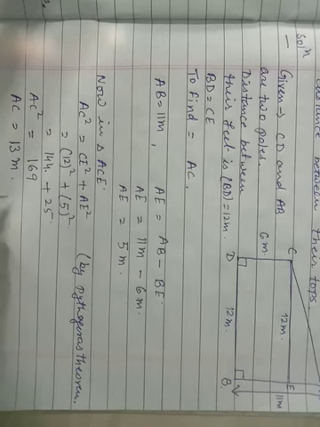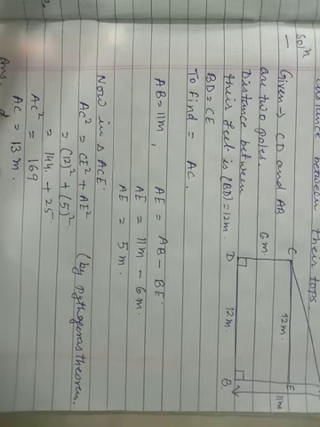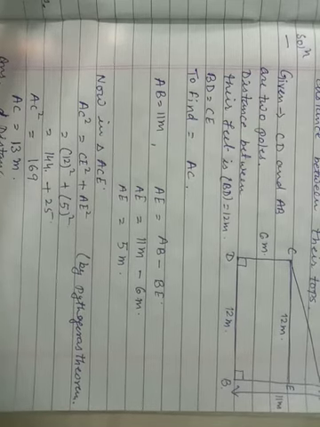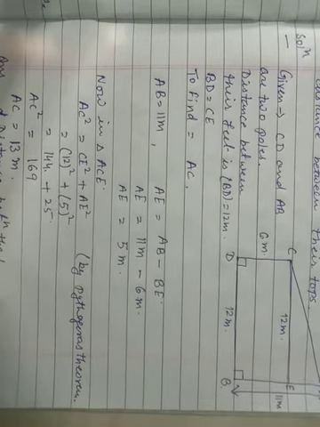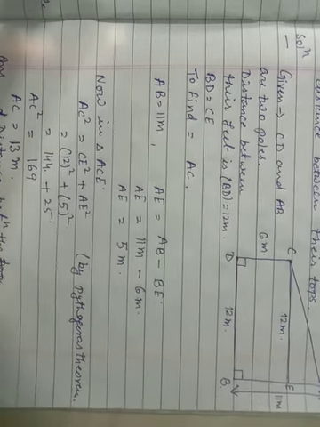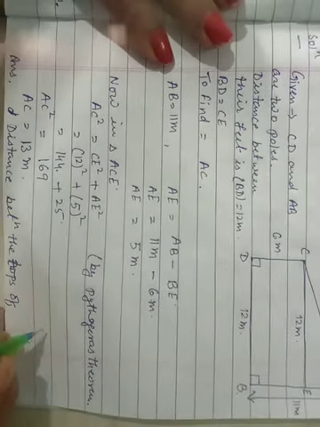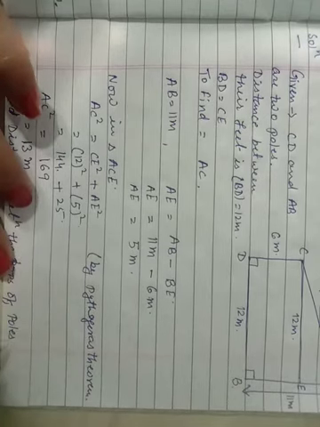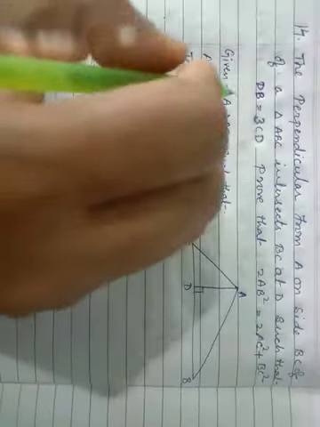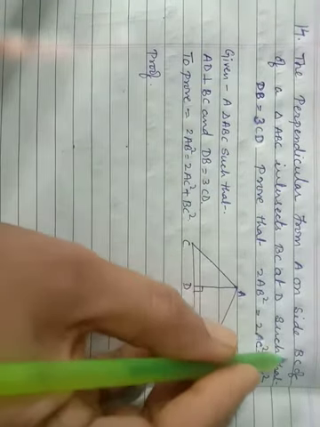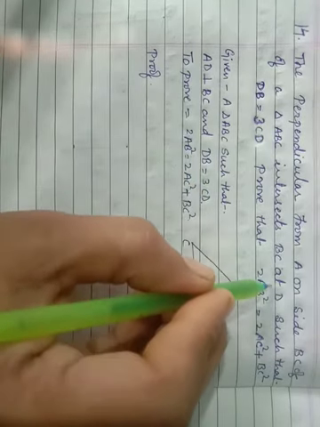meters. Means what is your answer now? So distance between the tops of poles is 13 meter. 14. The perpendicular from A on side BC of a triangle ABC intersects BC at D such